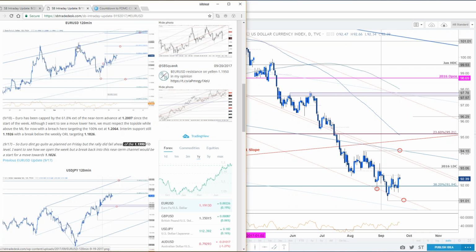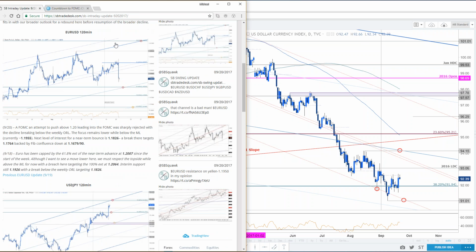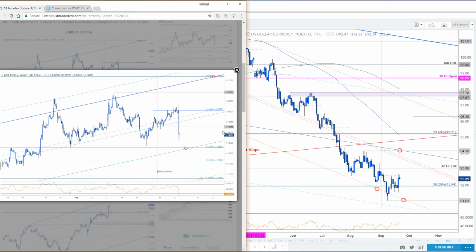Okay, obviously FOMC time, you've got to open up those stops. We talked about that yesterday. You leave yourself a little bit more of a cushion. It surged right through, pulled right back, and again, the result took out the weekly opening range low. The initial target that we had was 119.26, but the weekly opening range low is confirmed with a close below on the day, and that keeps the focus lower.